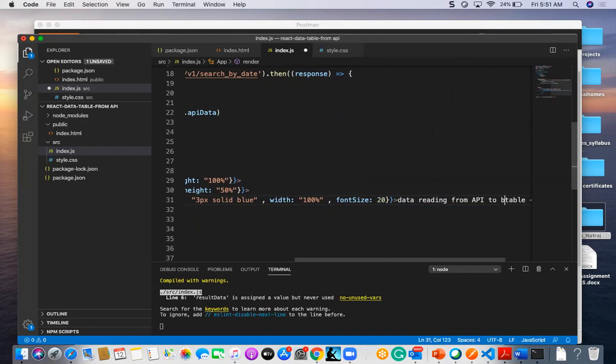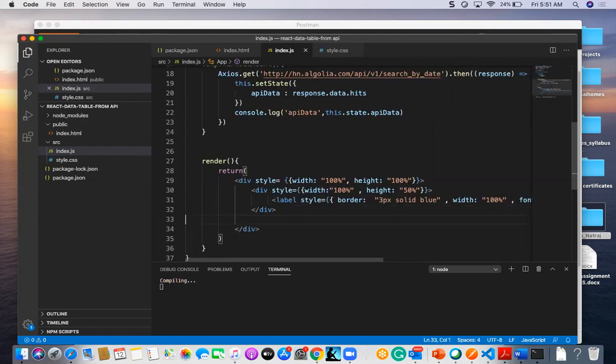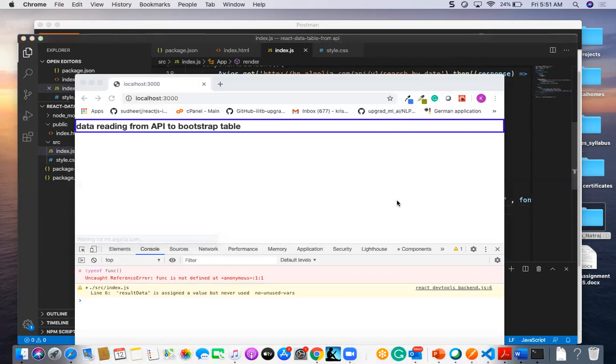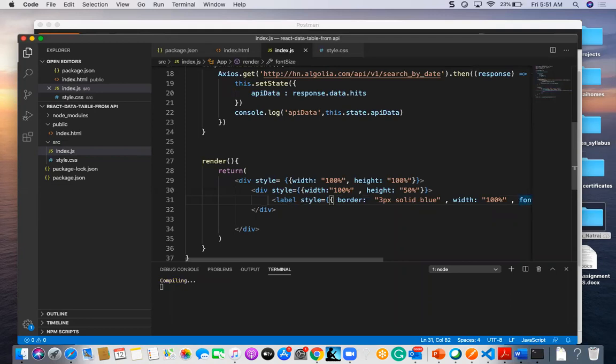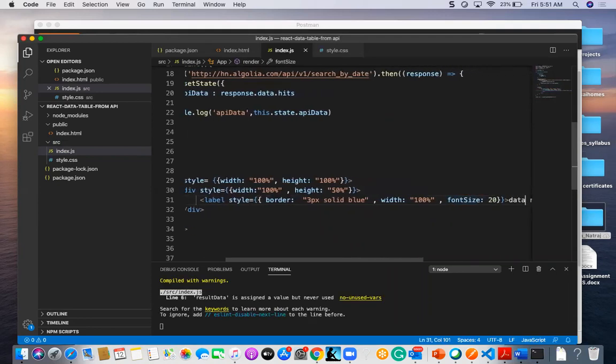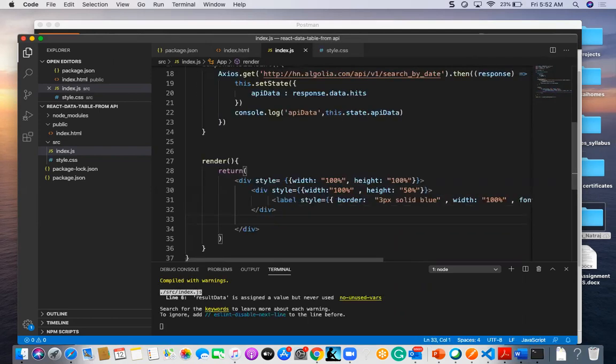Start table. So now we will be finding this one here, the data. And one more thing, I am going to start the table now. It is like this.